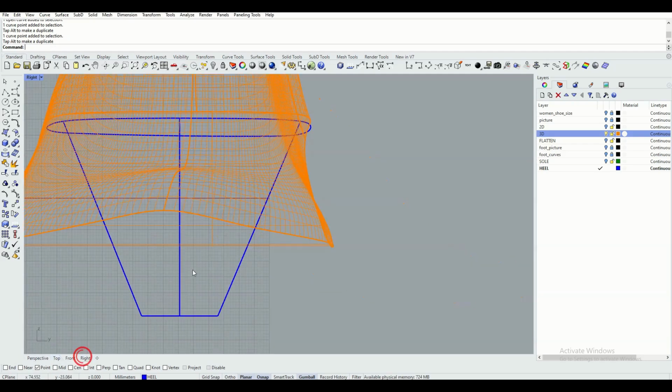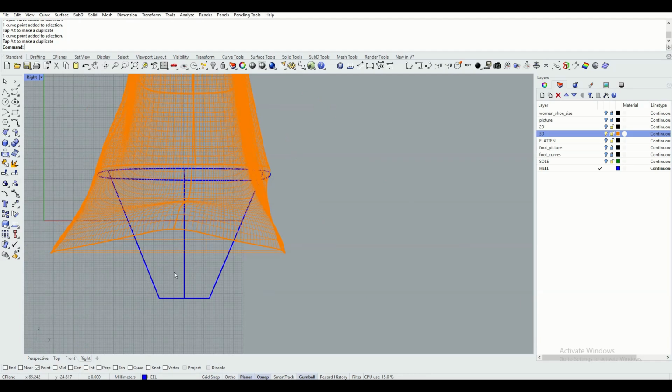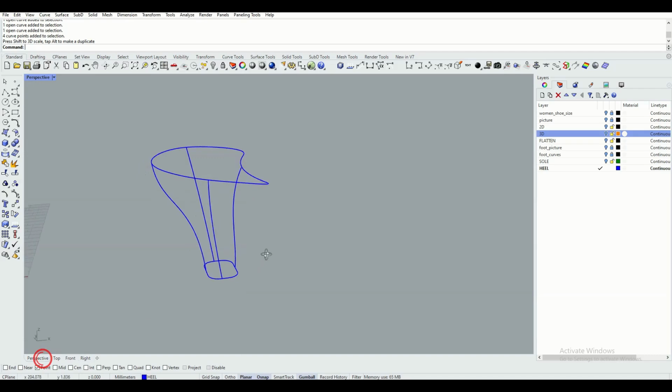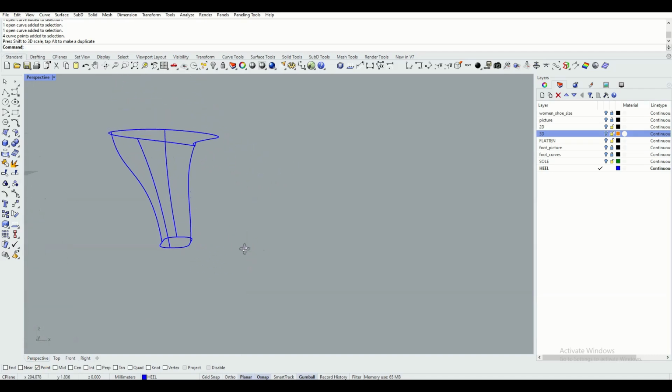Let's go to the right or back view, depending on where you drew your object. And we can select both curves, select all inner points and scale them using Gumball. That way we got a network of curves.